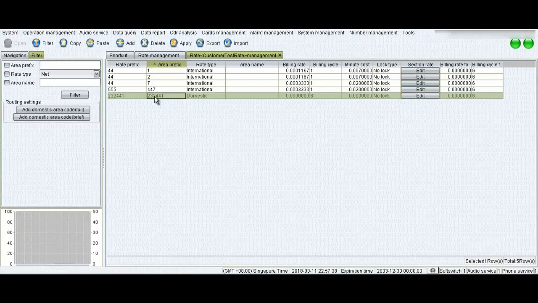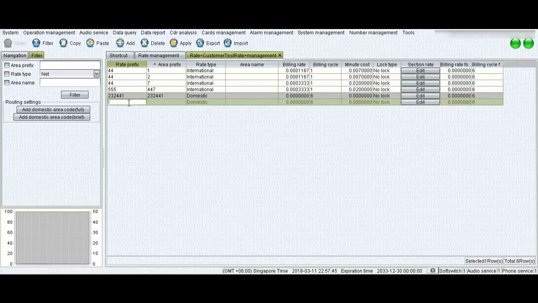In order to make it correct, you need to delete this and add it once again with prefix 232 and area prefix 441. Select international, billing cycle is 1 and rate is 0.007.